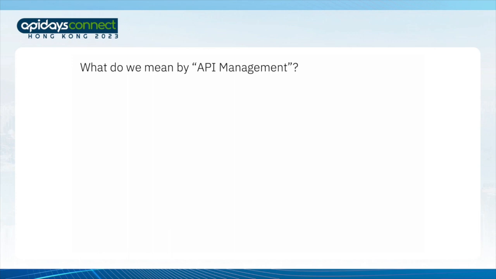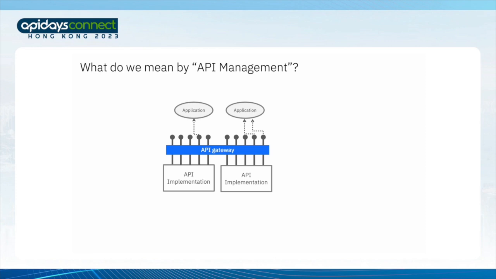across different vendor implementations. Now, obviously, it's going to include some kind of API gateway. Our back-end API servers are decoupled from the applications that are consuming those APIs, and they're decoupled by going through a gateway. That gateway is responsible for routing the API requests to the correct implementation server. Now, the other specific functions of an API gateway does vary, but the decoupling that they enable is the key bit. The consuming applications don't need to know where the back-end API servers are, and they wouldn't be impacted if those API servers had to move or change, as long as the gateway continued to route requests to the right